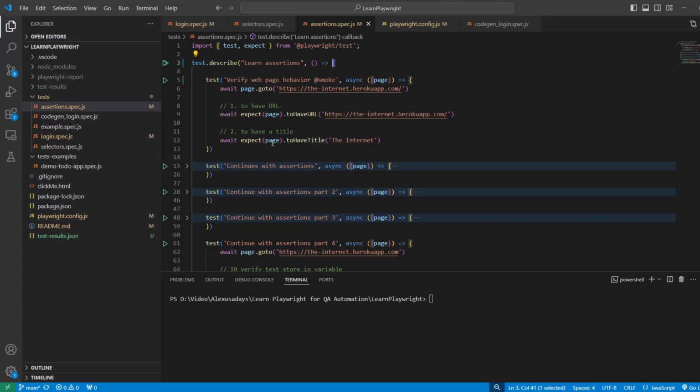And you can also give tags to the describe. So I can say @assertions group. Okay, so we have smoke, regression, and assertions group. So to run the tag, you can say npx playwright test, and here you can do --grep, and then you need to provide the tag name. So for example, @smoke. If I run it,